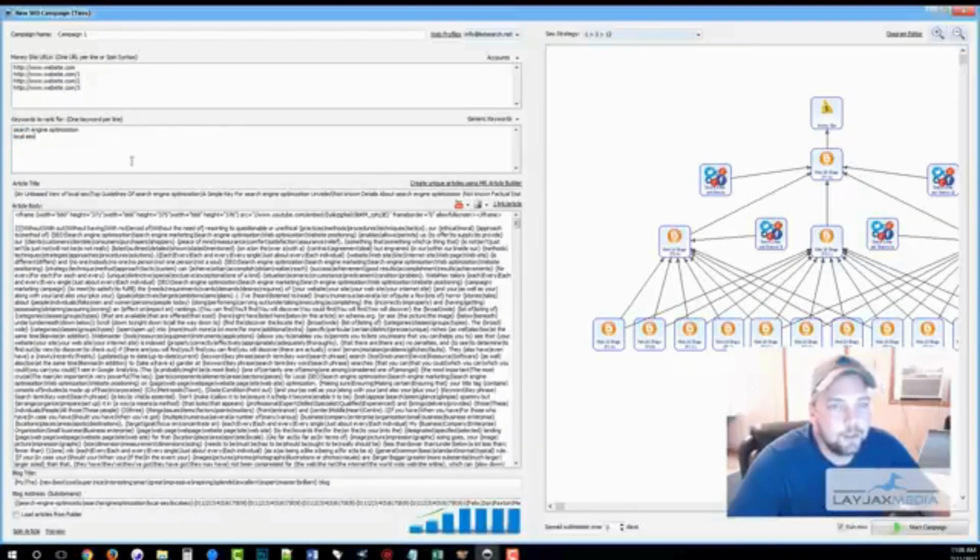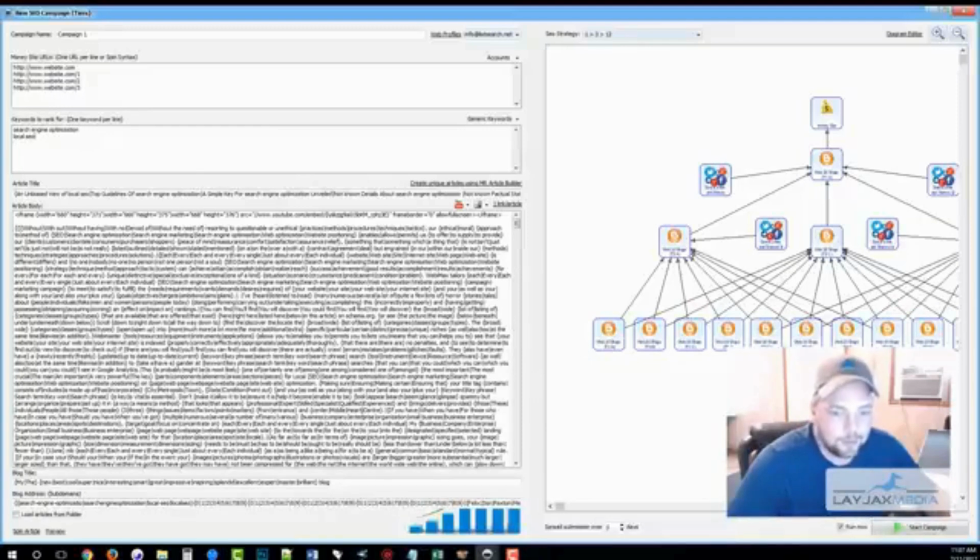So what I usually do is I'll use the keyword tool within Money Robot, or you can use the one in Google AdWords, to get maybe 20, 30 keywords, put them on here, and then you're going to see each one of them is going to be added down here, and it's going to spin between each of these to help create the titles or the URL addresses of each blog. So it would be like search engine